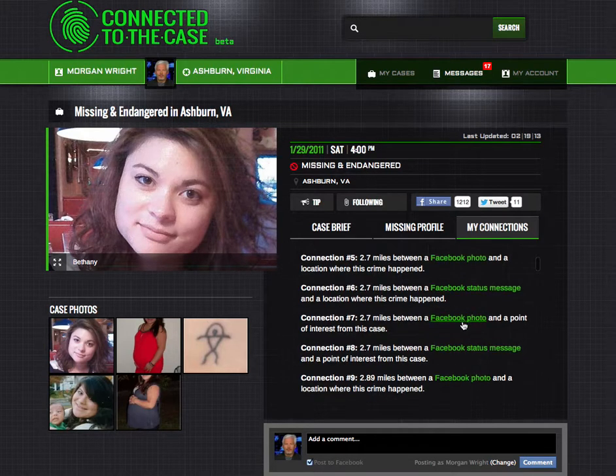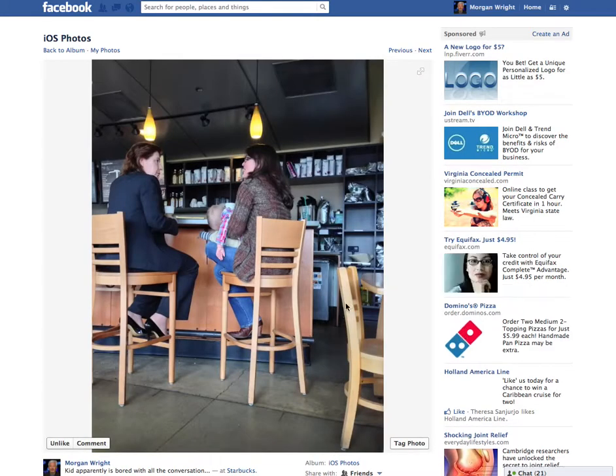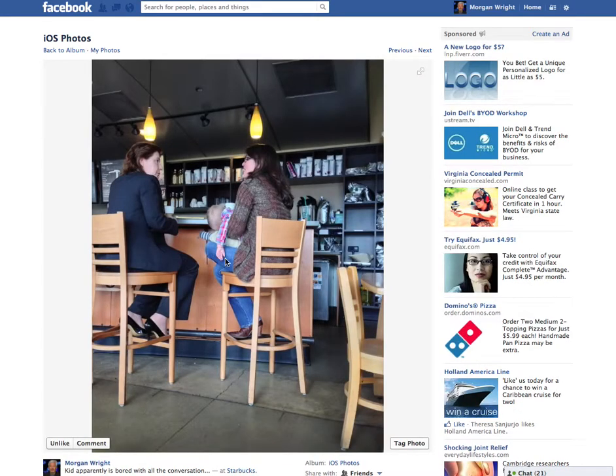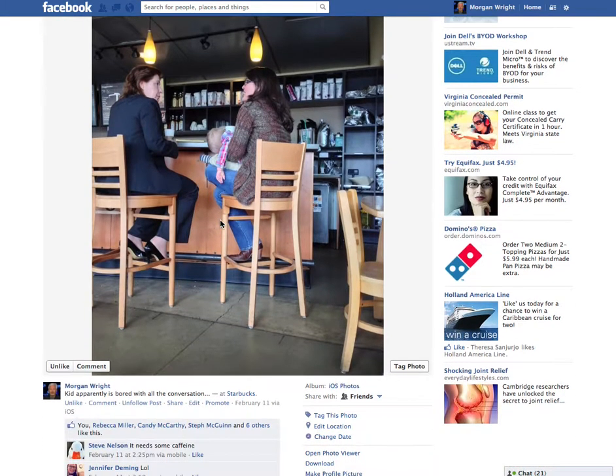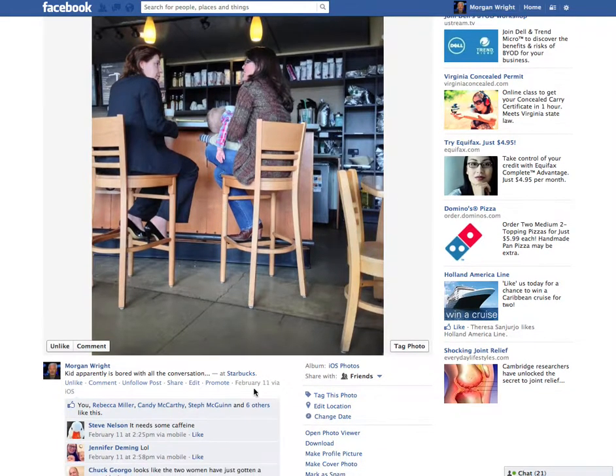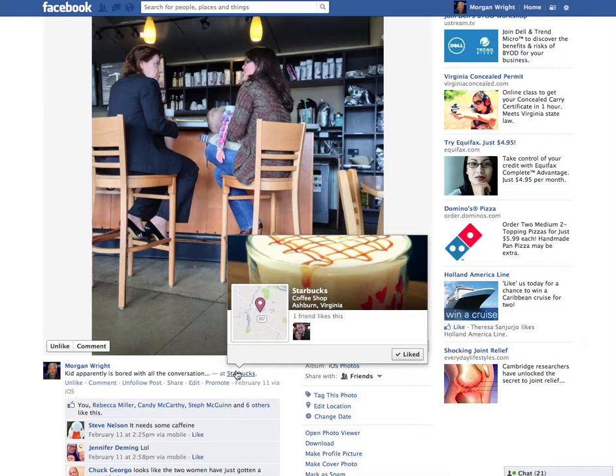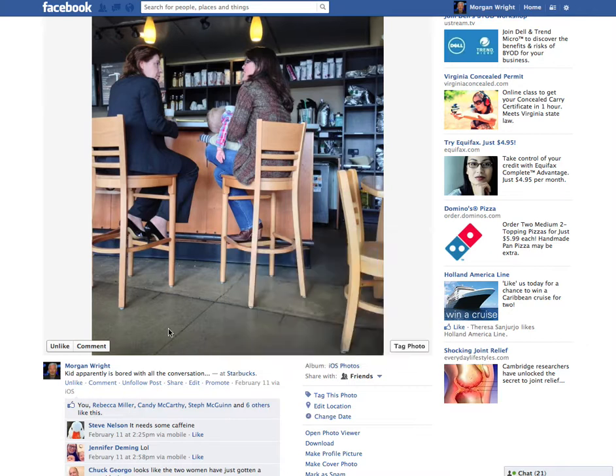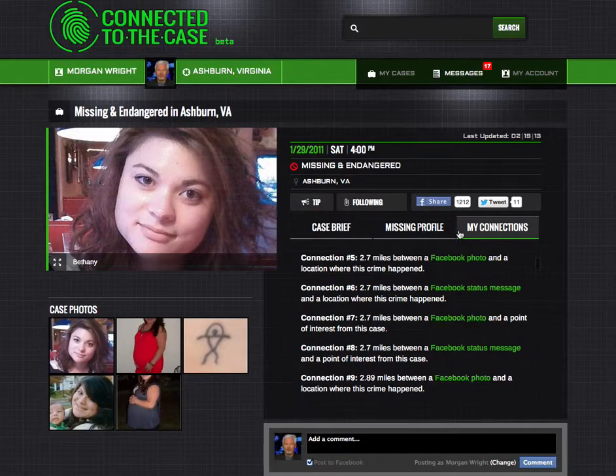So let's pick up a photo here. So now I will pick up a photo, and we'll take a look at what it is. Same Starbucks I was at. Apparently this kid is bored. You can see he's slumped over taking a nap. But we're actually able to determine based on the picture when you took it and where you took it at too. So this one was February 11th of this year at Starbucks, but it calculates the distance between where the crime occurred or a point of interest in the case and where the picture or activity's taken place. So we think that's a pretty cool little neat feature.